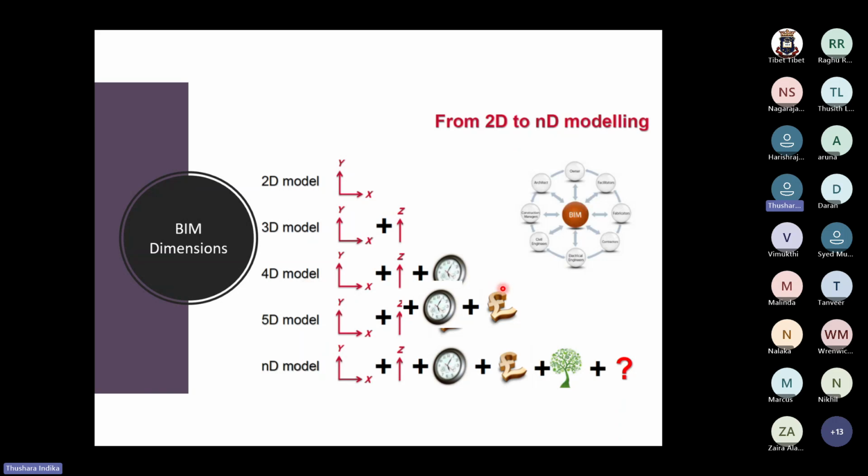And if you can add something like CostX into the same environment, so you have the 3D modeling plus the planning part. For that, you have a separate BIM software, for example, Synchro 4D. And then you have something like CostX to do the cost management part, right? Then we say we are running on a 5D model. So likewise, you can introduce so many models, dimensions